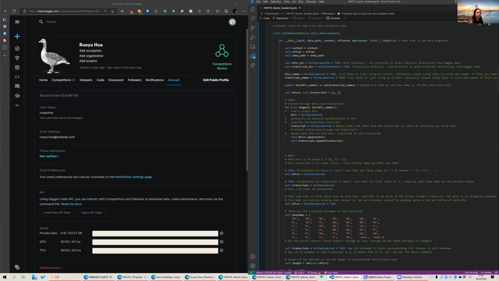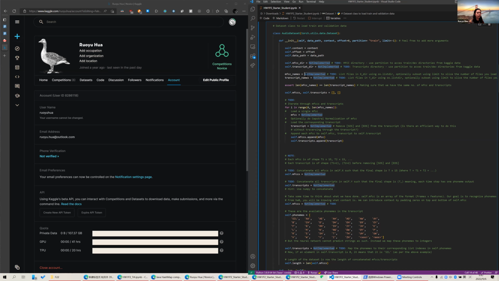We provided some comments here. The MFCC directory is the directory for the input files, and the transcript is the label files. So you can just put your path here, and for the names you could use some